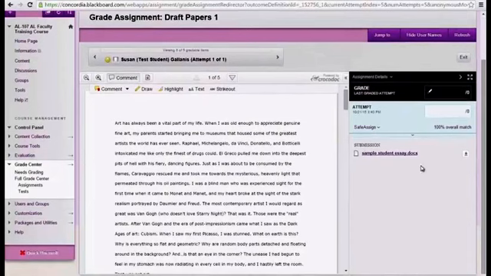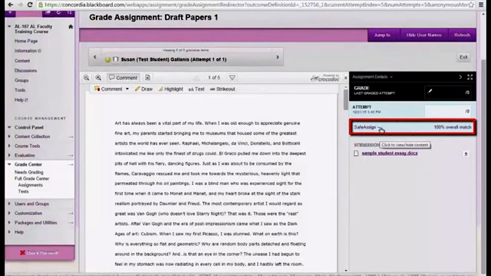And then if a rubric is attached, you would click on this small down arrow to reveal the rubric. But in this case, I'm going to look above it because that's where I can see the SafeAssign report is located. And I can see there's a 100% overall match. And even if it's a low percentage, even if it's 9%, that's not an indication that there truly is plagiarism. You will need to view the Originality Report and see what it is. It could be a citation that SafeAssign hit on, so you'll have to review each individual